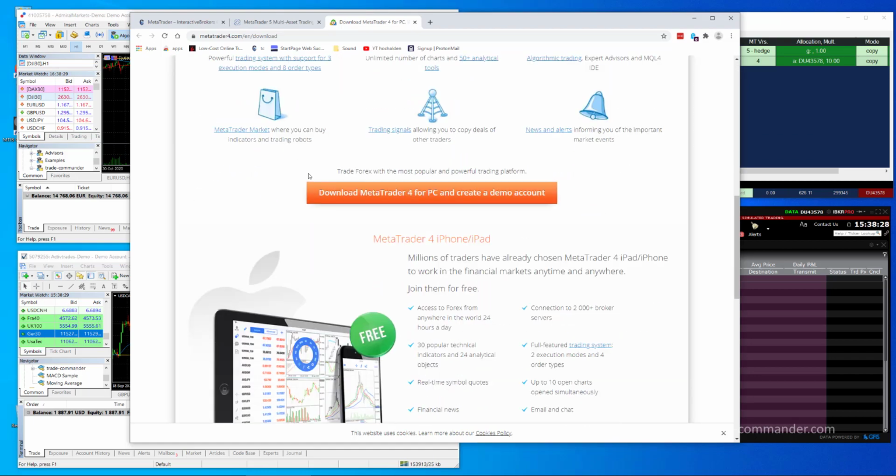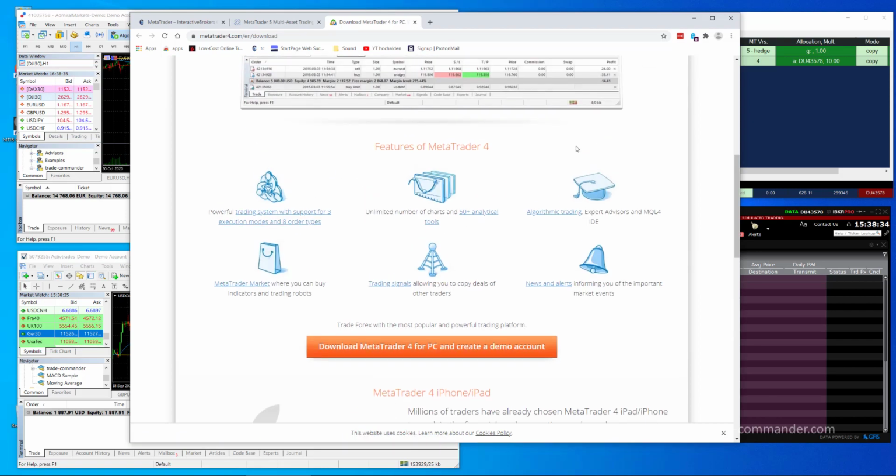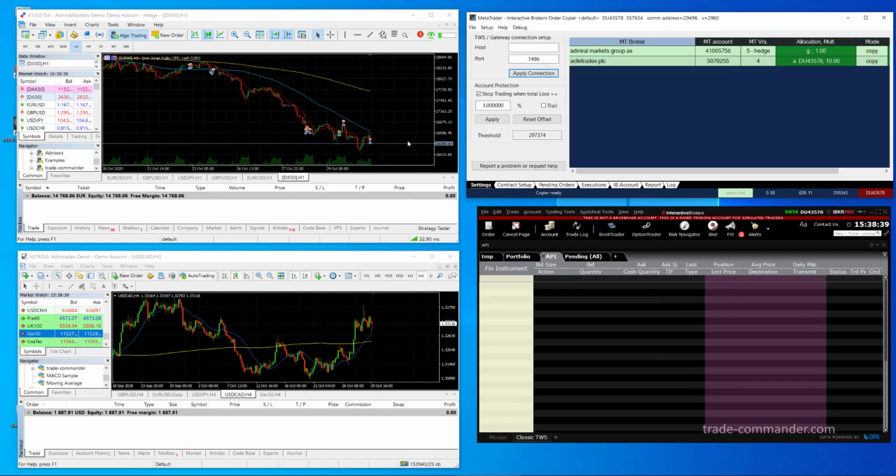And if you scroll down, you can find a link for downloading MetaTrader 4. So it's very easy to open a MetaTrader account with a few clicks. It takes some minutes, and you can use the powerful MetaTrader to trade your Interactive Brokers account